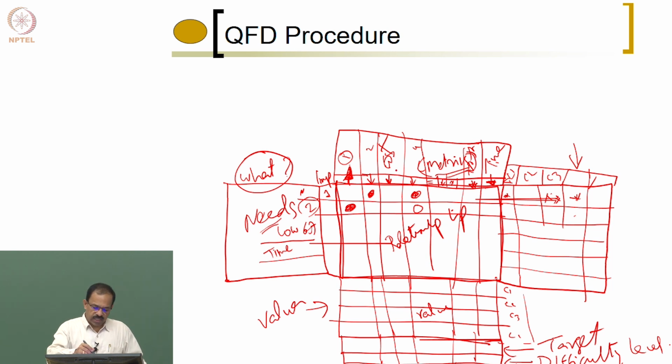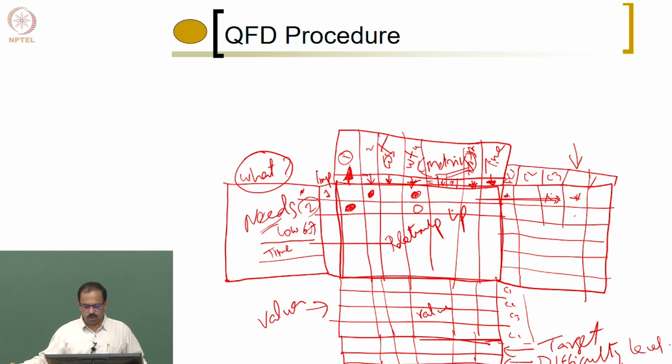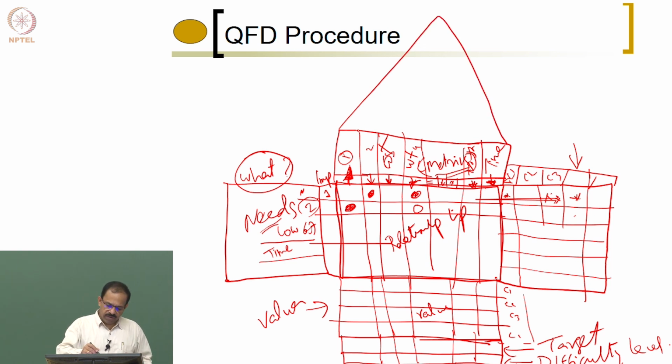For example, I am saying the cost, the time to be reduced or the weight to be reduced. I put it as the weight. Weight is reducing. If I try to reduce the weight, are there any metrics going to get affected by this? So what we do here is have a correlation matrix to see if I change this one, is any one of the others getting affected, which can be shown here.